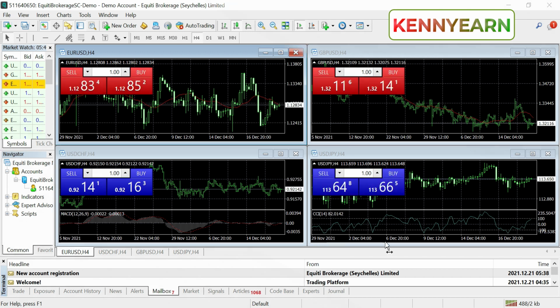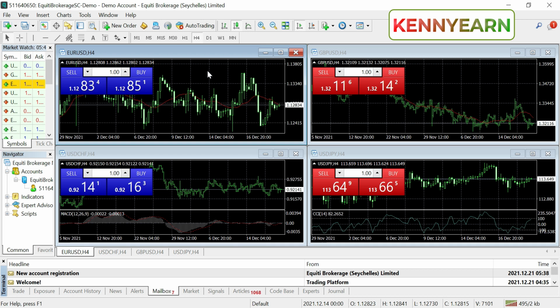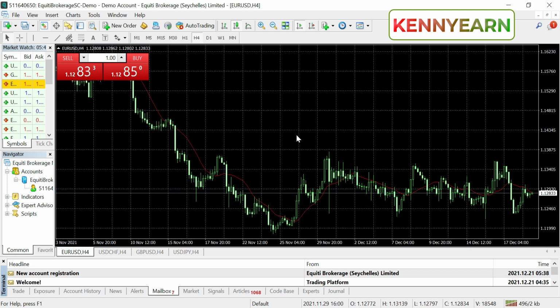Alright, so after you've done all that, what I would say you do is just to close this pop-up window, and then don't be scared about the platform. Don't be worried because of the too much information. Just follow me and I will take you through. So first thing you need to do is just to maximize one window, that is the chart. You maximize this window